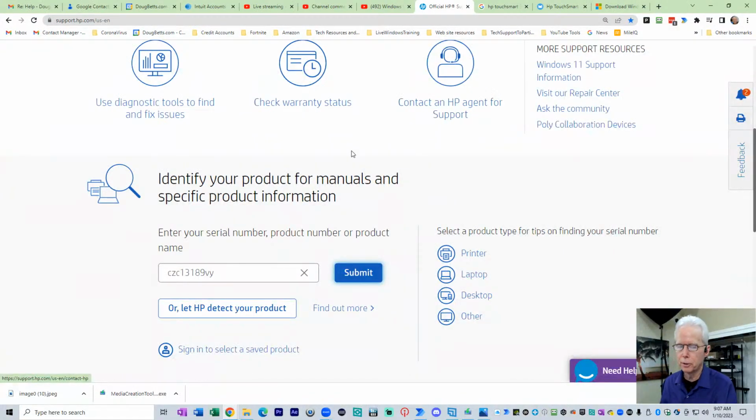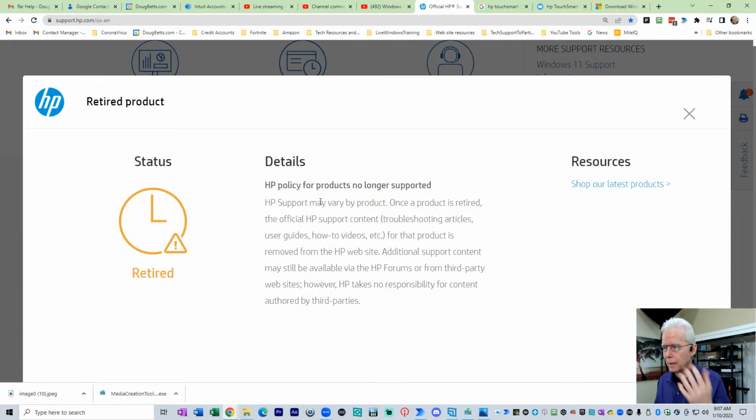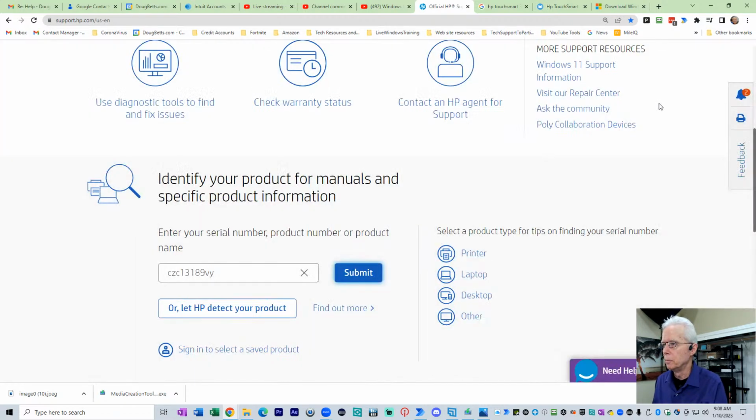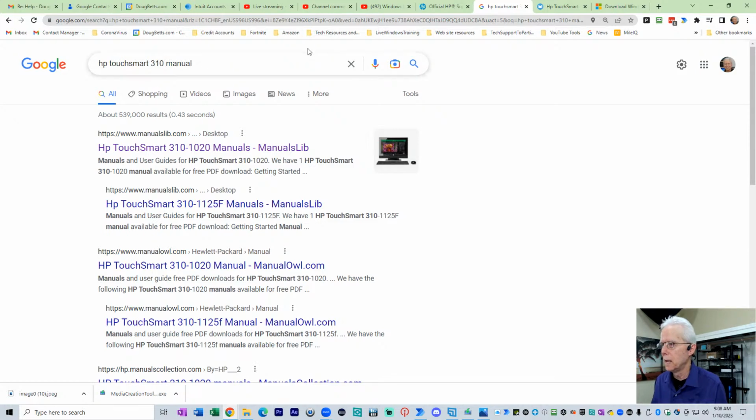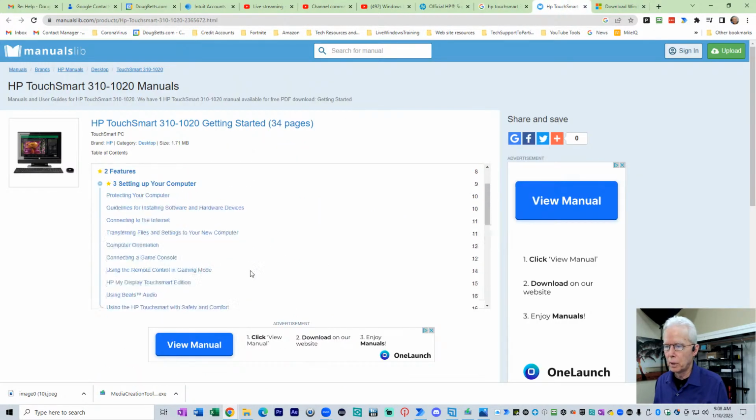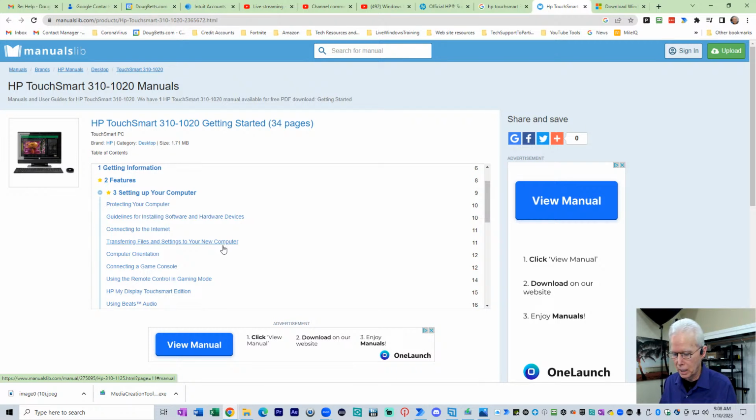And when I get over here, I put in the serial number for this computer and click submit. There's the serial number if anyone's wanting it. And click submit, we find out that the product is no longer supported. You can't even get drivers or manuals for this computer from HP anymore. If you Google HP TouchSmart 310 manual, you do come up with some manual information,